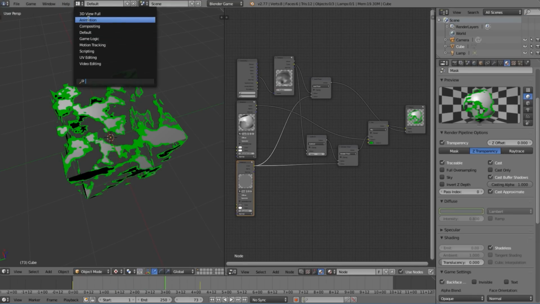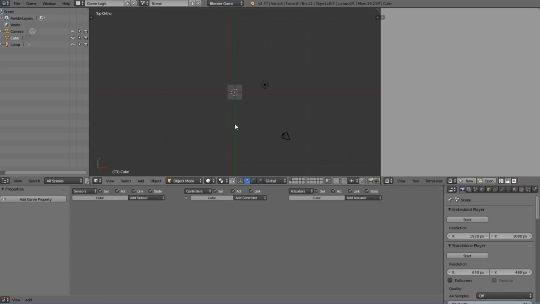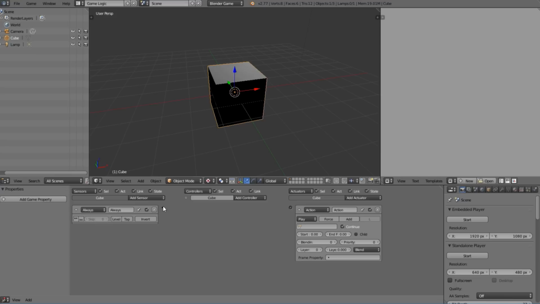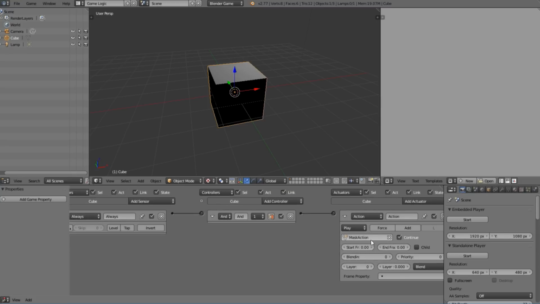What we're going to go ahead and do now is we're going to come to Game Logic. We're going to go to Textured Mode, and we're going to go ahead and grab our cube or whatever it's added onto. We're going to go Always, Action, going to connect this up, and we're going to select that Mask Anim. So that's just going to be the name of the material, and then it's going to be action, on the end. So this is 100 frames. Now if we press play,